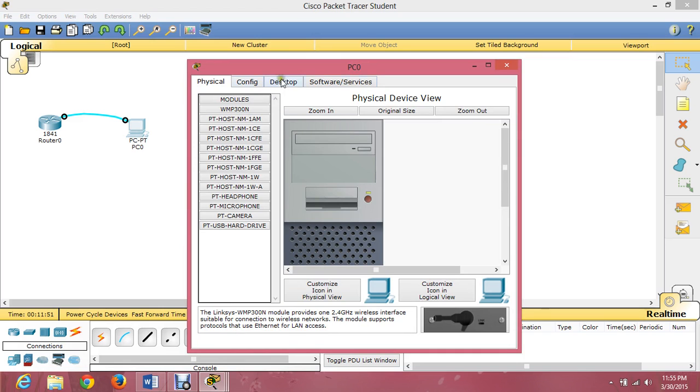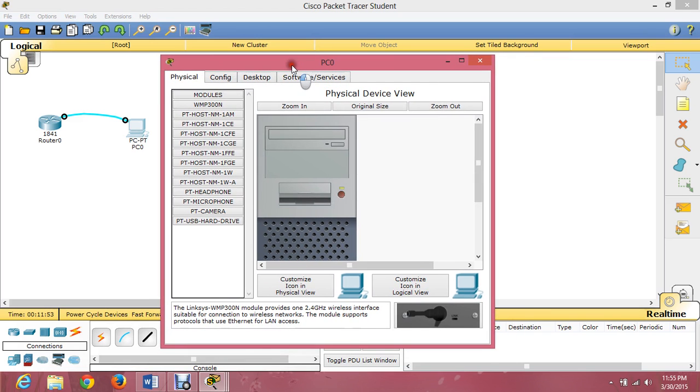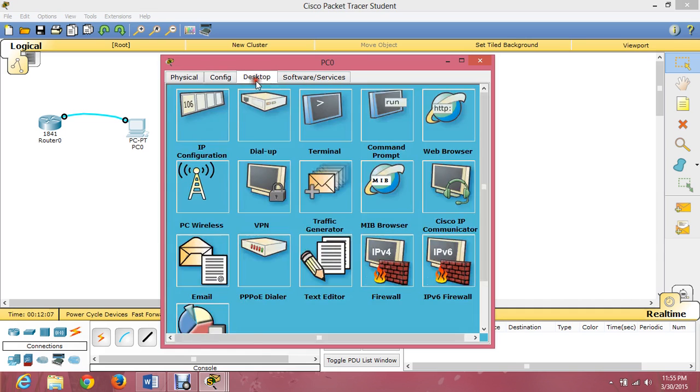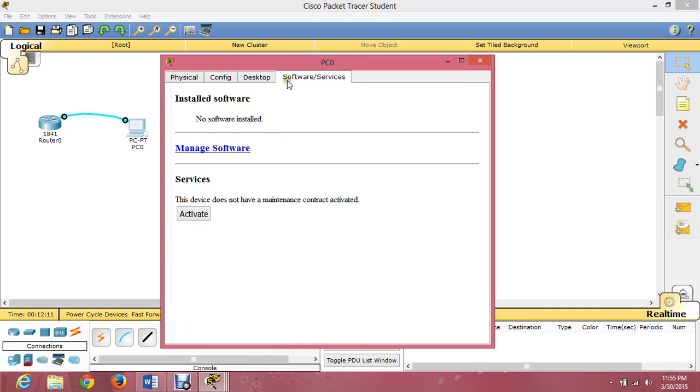We enter the computer's configuration. There are 4 configurations, that is physical configuration, logical configuration, and desktop configuration, also software or service information.